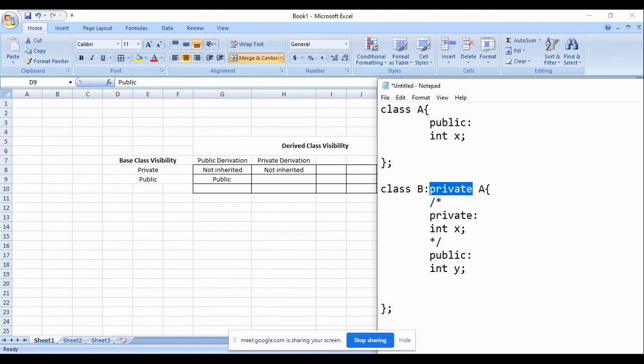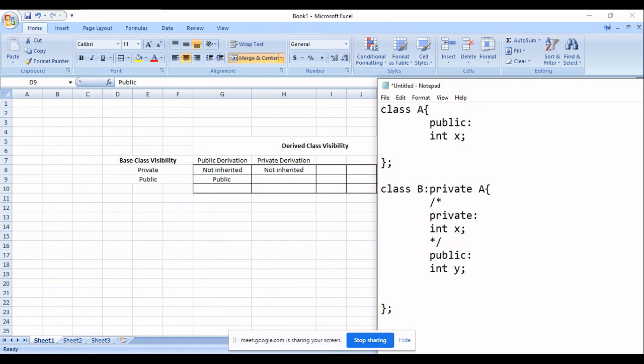There is private derivation. So what happens to X visibility? It becomes private. You are inheriting it. There is no problem with the inheritance process. You are inheriting, but its visibility is changed to private now. Though it was public in base class, you are making it private.